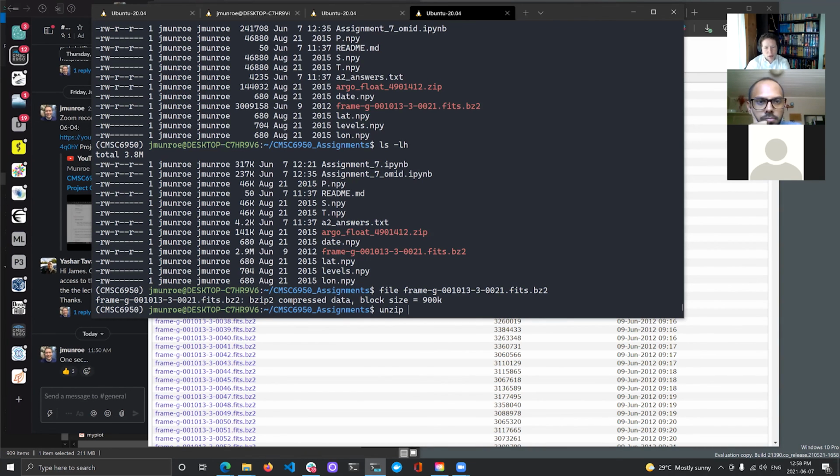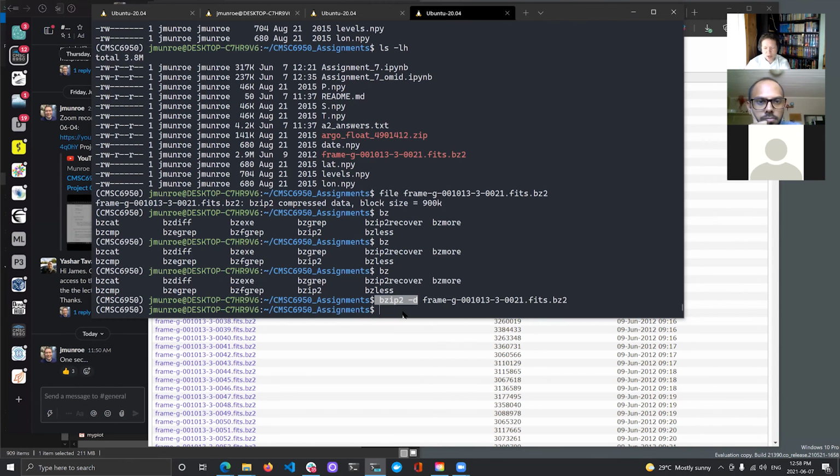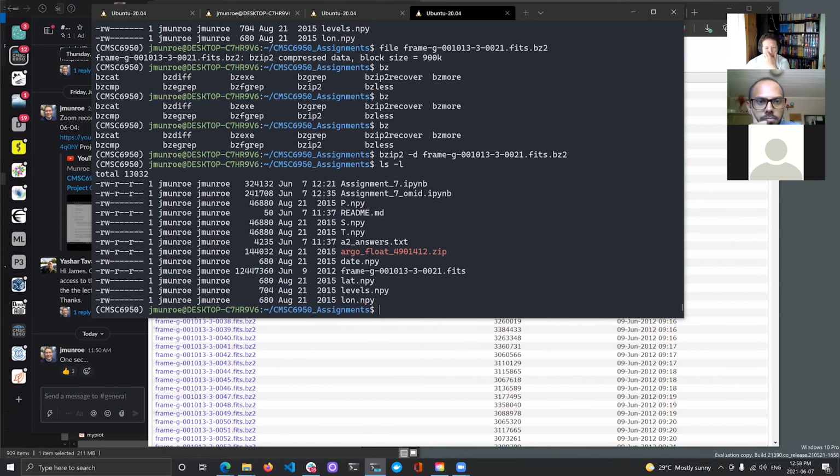No, unzip doesn't work. To uncompress a bzip file, it's just a different algorithm. We use a tool called bzip2. And what that's done is it's taken the file and made it, it used to be